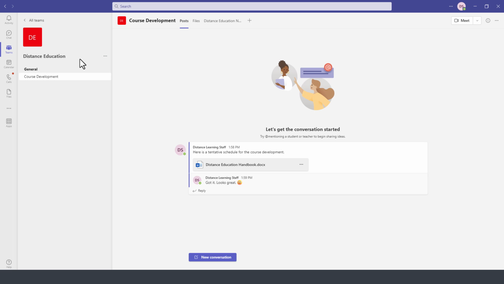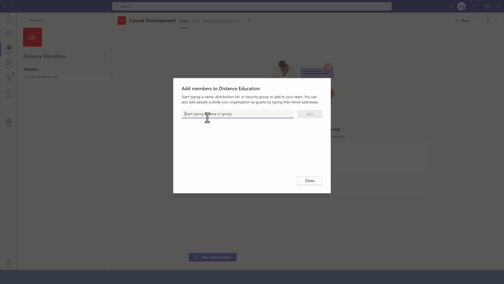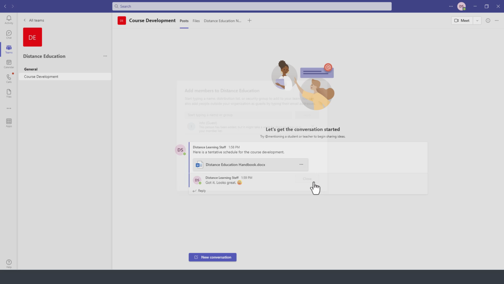To do that, you can go to your team, to the team configuration, click on the three dots, and choose to add a member, or go to the previous screen that I mentioned earlier. From here, you can simply type the email address of that individual and then select to add them as a guest. Click on Add. Notice you are not prompted here to give them any additional permissions, and then click on